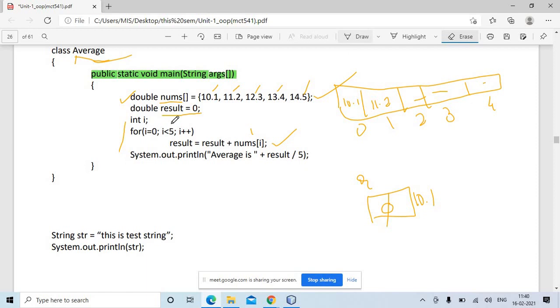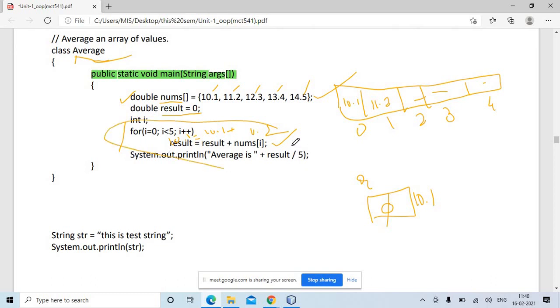Now the updated value of result is 10.1 plus the next value, nums of 1, which is 11.2. So 10.1 plus 11.2, whatever the value is, it is called a running sum. This loop will give you 10.1 plus 11.2 plus 12.3 plus 13.4 plus 14.5. Whatever the sum is after this loop is over, that sum is in the result variable.